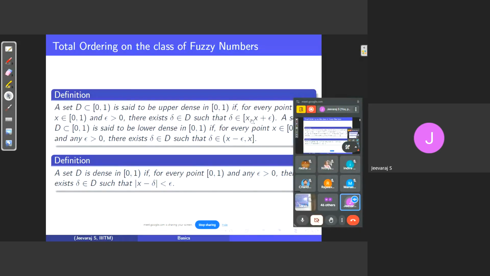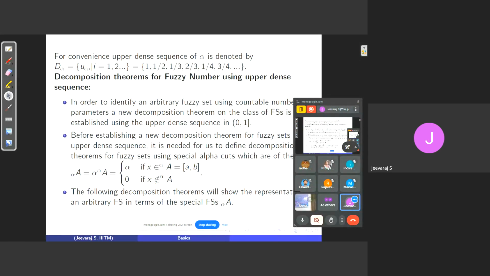Similarly, if we expect our delta to be in the left epsilon neighborhood, we call it lower dense. And dense is nothing but what? Lower continuous, upper continuous: continuous from the right, continuous from the left. What is the meaning of continuous? It should be from both. Similarly, a set is said to be dense if it is in either the left epsilon neighborhood or the right epsilon neighborhood. So this is the meaning of dense. How does it improve the scenario basically? Here is an example of one